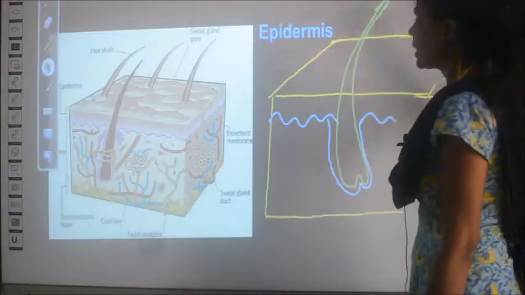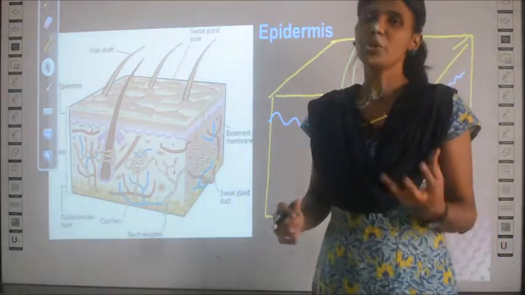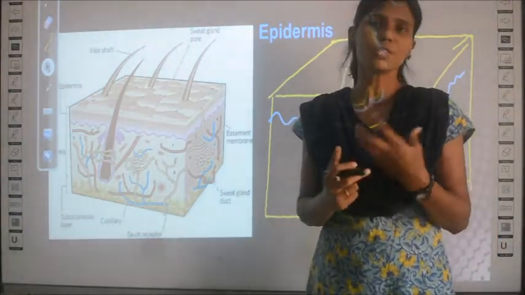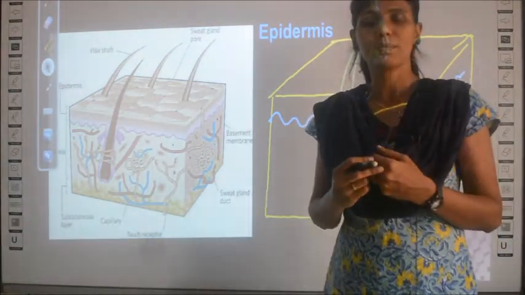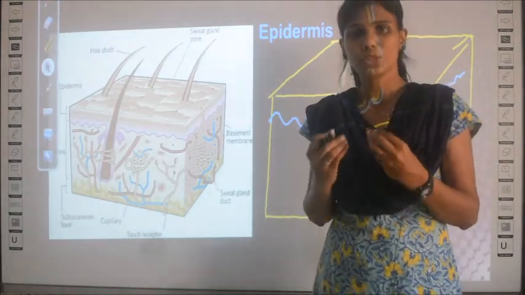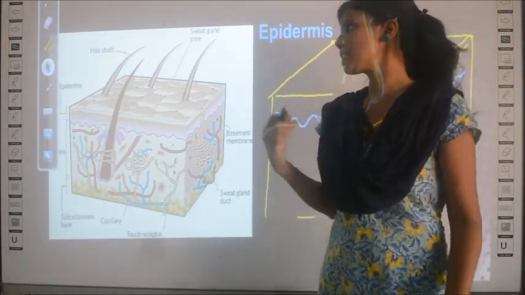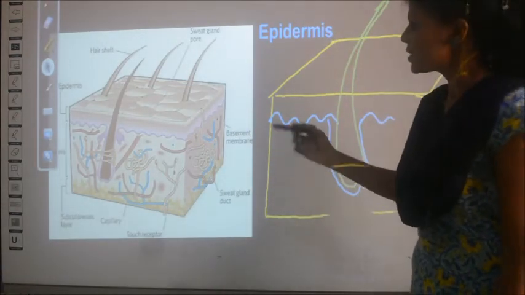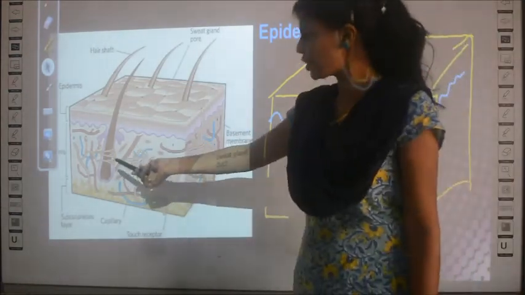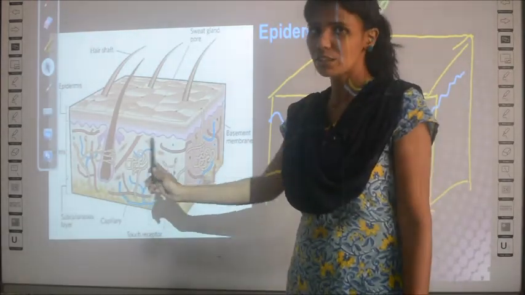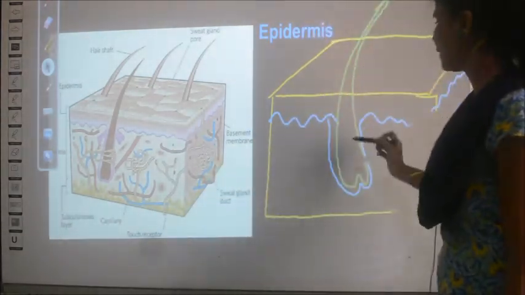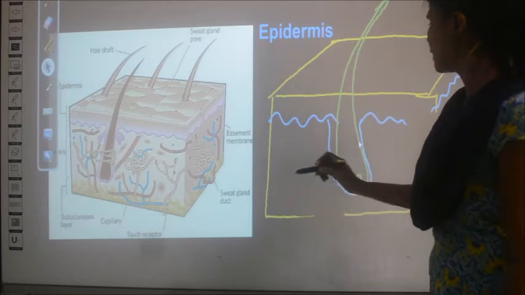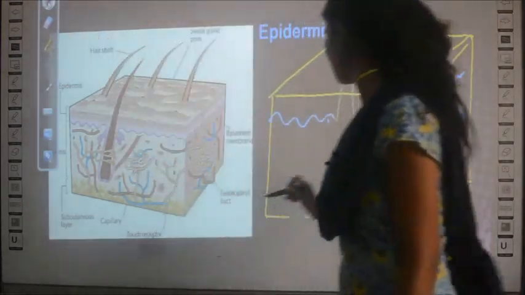So in your body, you have two kinds of blood, oxygenated blood and deoxygenated blood. Oxygenated blood, which is rich in oxygen, is always represented by red color. That's why you have some capillaries. See, surrounding the hair shaft and other parts of the skin, you can find capillaries. So let's draw the capillaries.